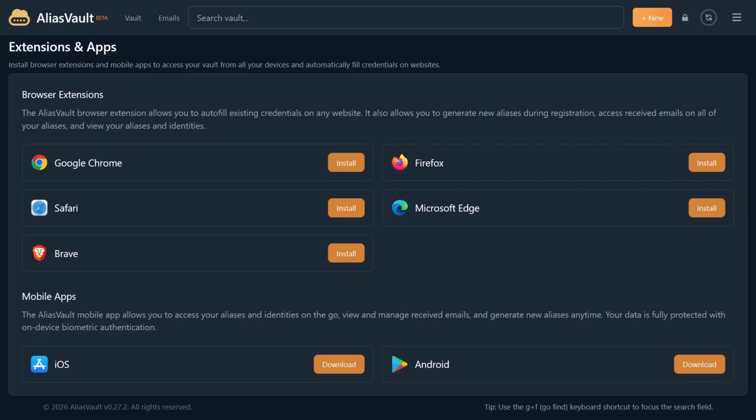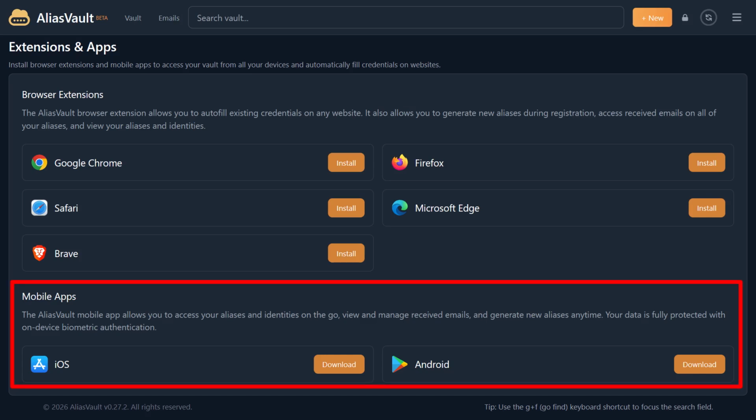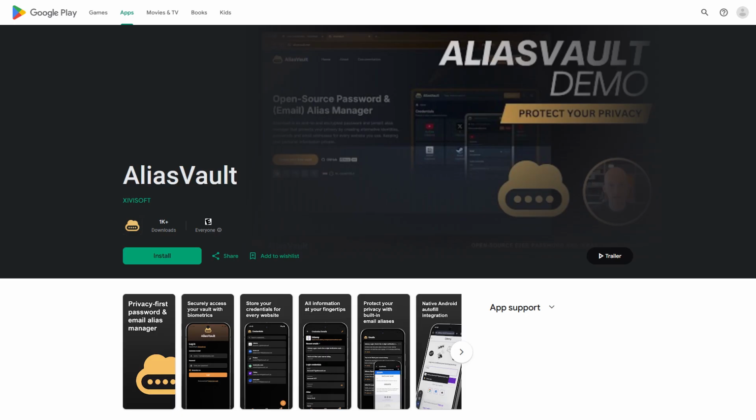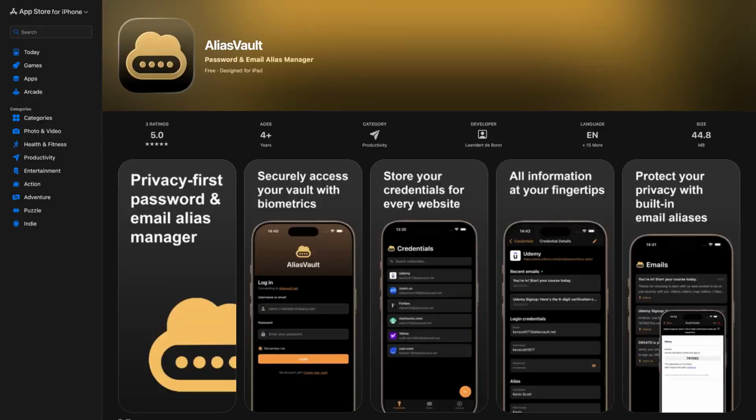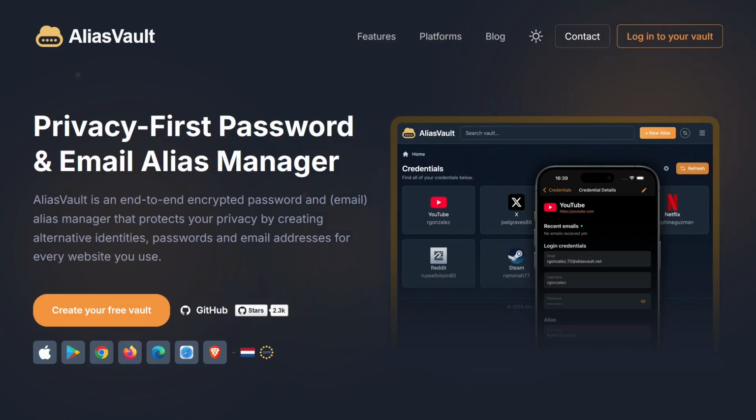AliasVault is available in the form of an extension for all major web browsers: Chrome, Firefox, Safari, Edge, and Brave. It is also available in the form of an application for mobile devices, meaning there is an app for Android and iOS. To use AliasVault, all you need to do is visit the official website, the link will be in